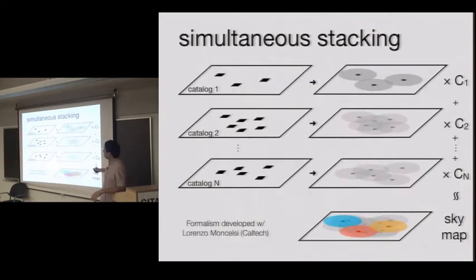If you do it simultaneously, so you split it up into things that are different masses, then you can get the average properties of things that are at different masses. Or say you take things that you figured out in the optical seem to be some sort of perturbation. I don't know exactly how you do it, but if you could, something that you think is indicative of a starburst in the optical, and something that's indicative of a very normal guy, then you could stack those simultaneously. You could get the average properties of those. So you can slice it up however you want, and you can get the average properties of that sub-catalog.